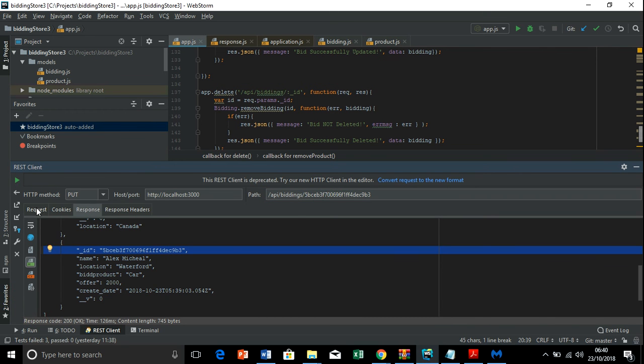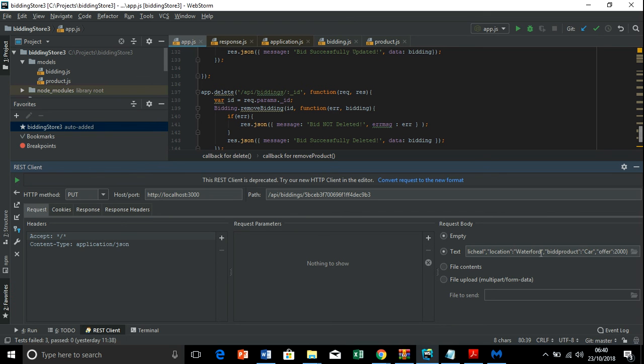Put. So we come to the request. Let's change the location. This time let's give America. Let's say location is America and the product is a bag.